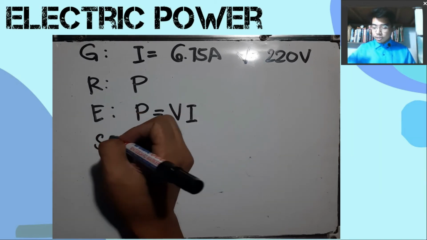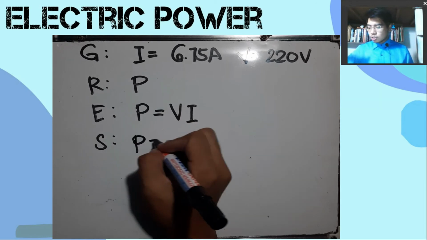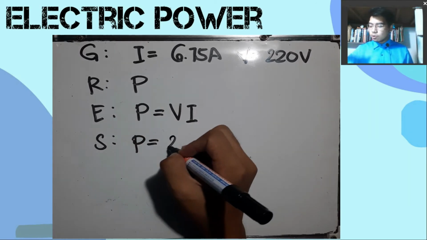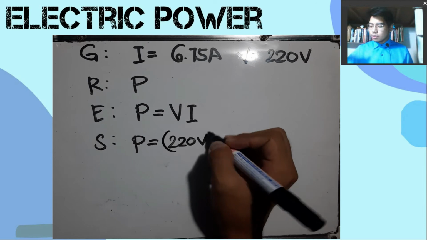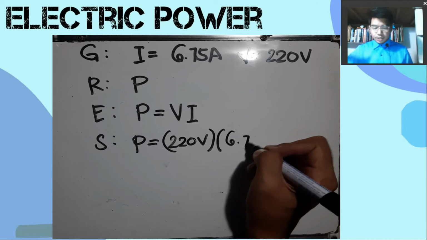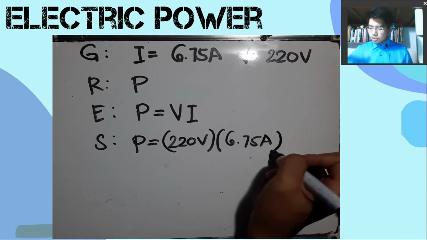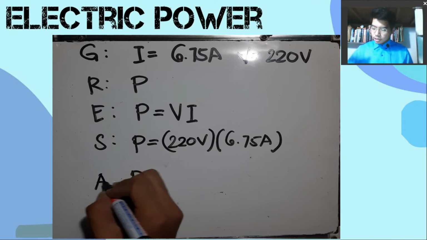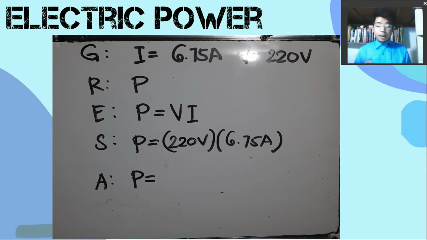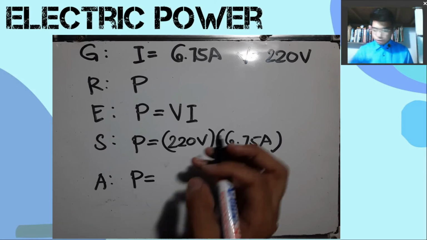Then for our solution, we are going to substitute the terms. Voltage, we have 220 volts. Then we're going to multiply this with 6.75 amperes, which will give us the amount of power consumed by this air conditioning unit,